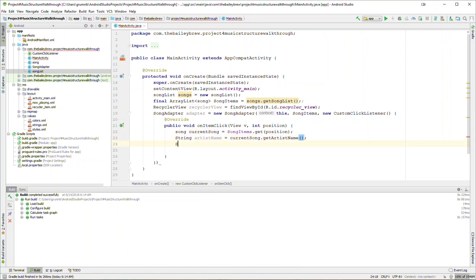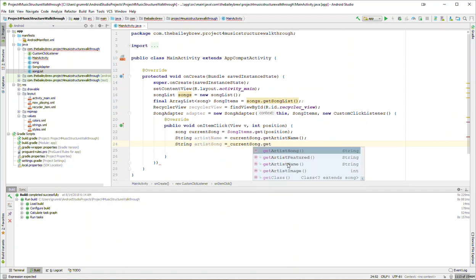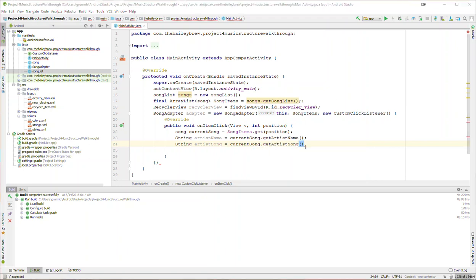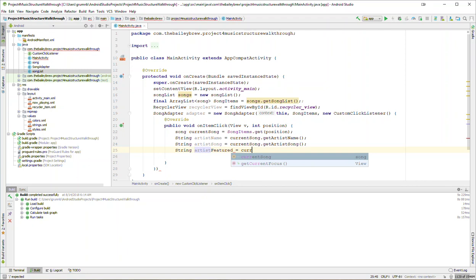Name, and we'll do song is equal to song.get artist song, and we just continue on down the road. Current song.get artist featured. And then we're going to get the int,